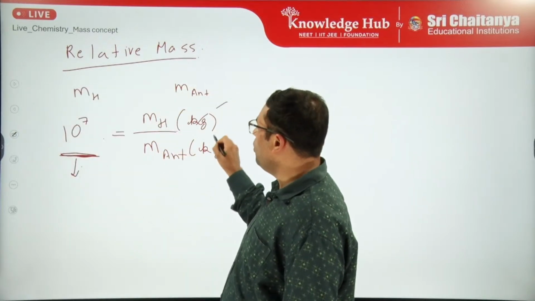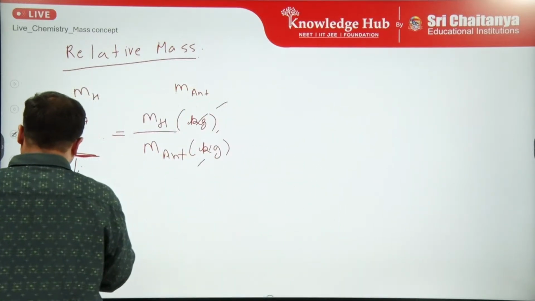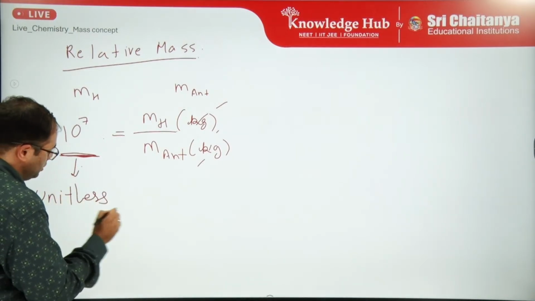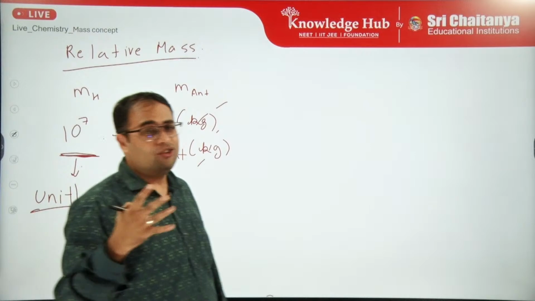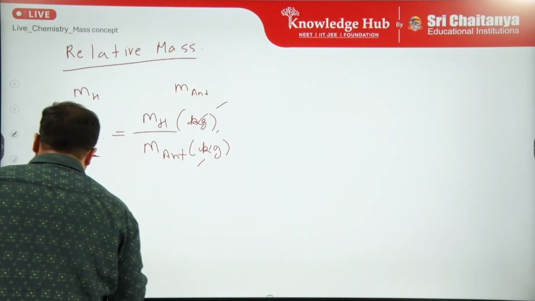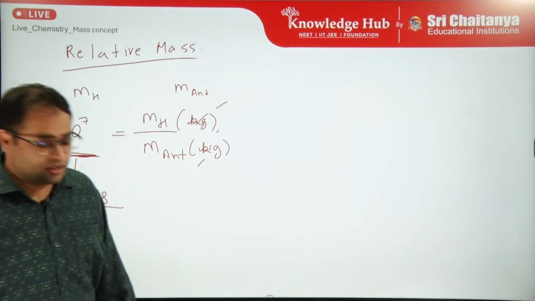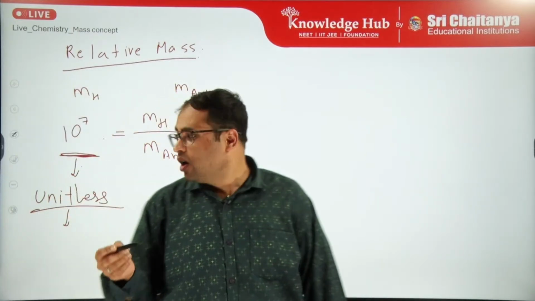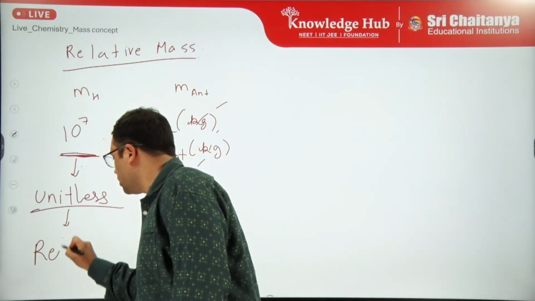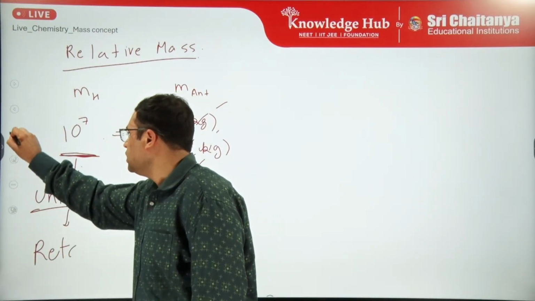This gets cancelled out and this relative number will be unitless. It will not have any unit, right? So this is my relative. So if I have to put it in words, what will this be? This will be my